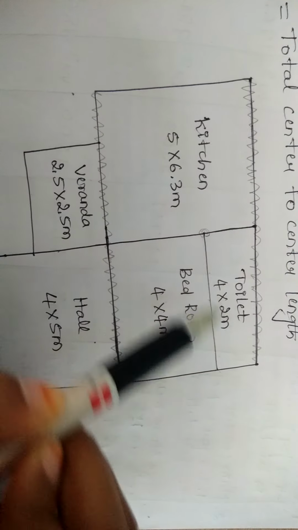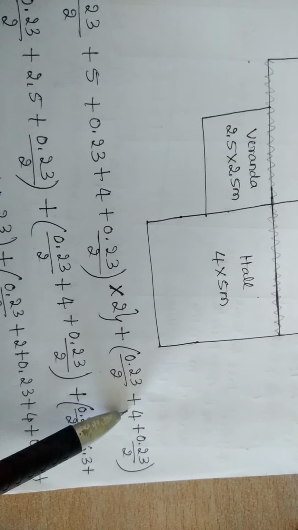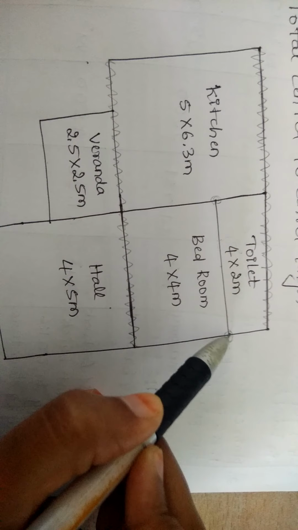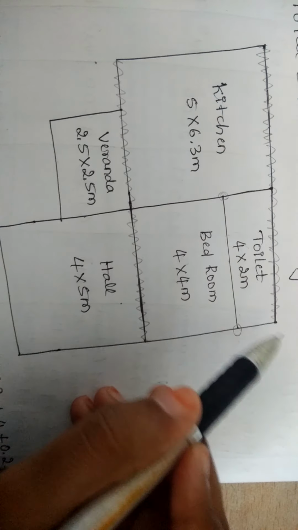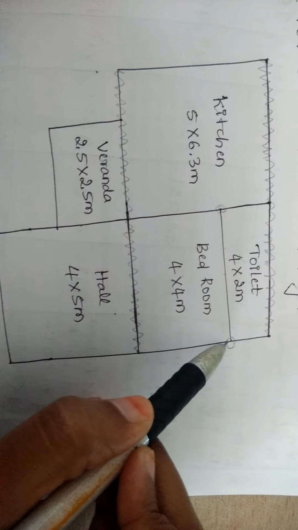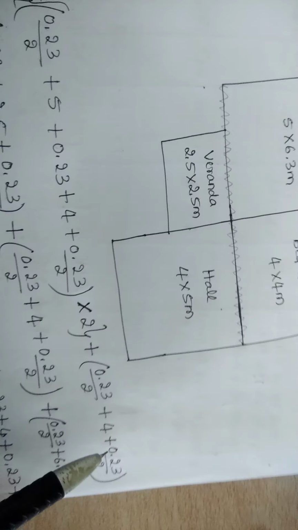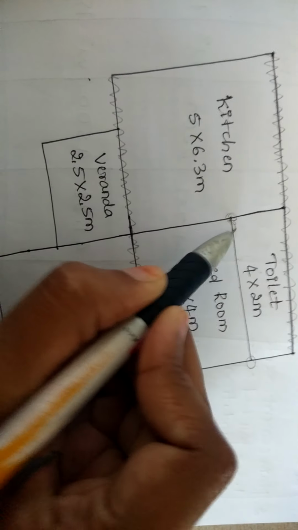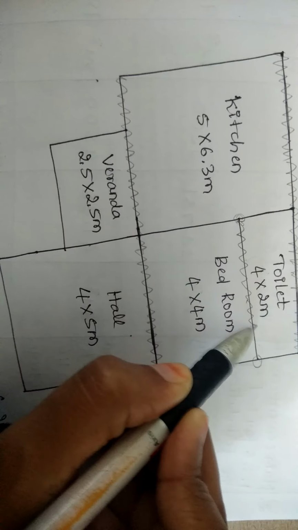Then, I will be moving like this. If I move like this, the clear length is 4 meter. Hence, I take this as 4. Plus, again, I reach the end of the other corner. At the end, you have one vertical line. So, the thickness of that wall has to be taken as half. Again 0.23 by 2 I take. So that gives me the length of this particular line. That is the center length of this line. So after finding this, I will shade the line like this. That means this line is also over.